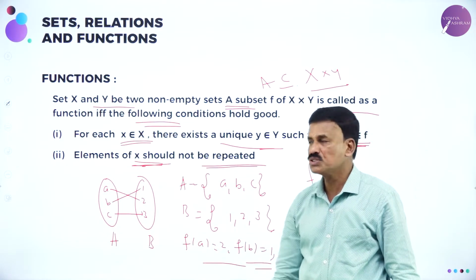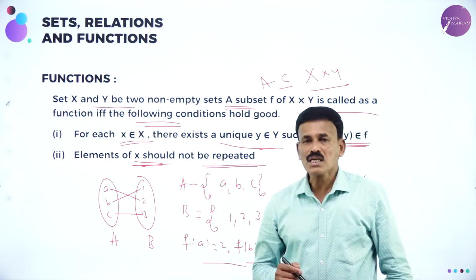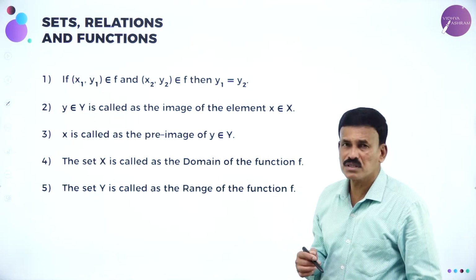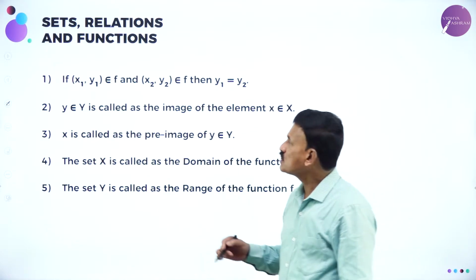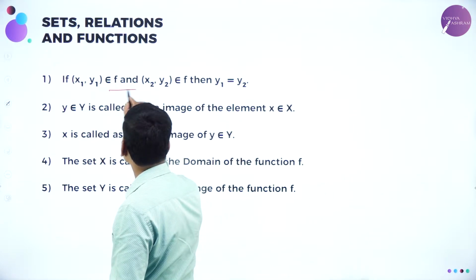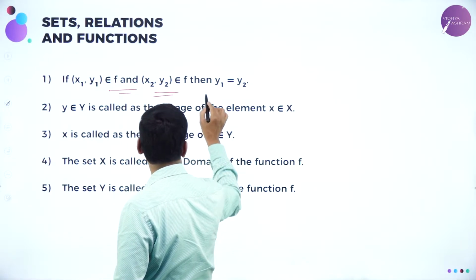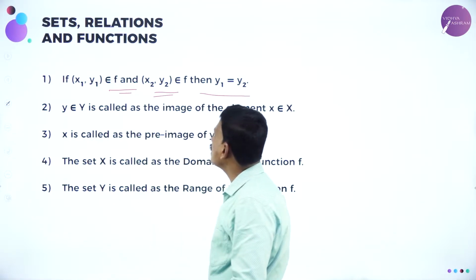Further, the element x should not be repeated. Next, let us take a small example. Now, before going to the example, let us know some properties. Suppose (x1, y1) belongs to f and (x2, y2) belongs to f, then y1 is equal to